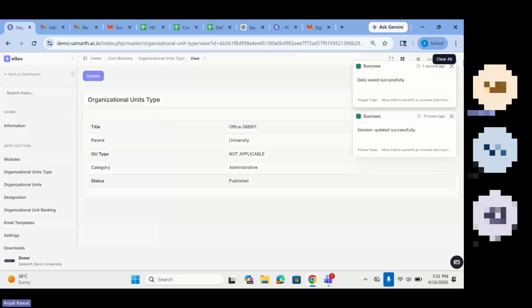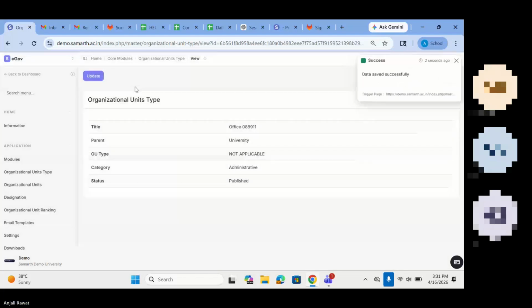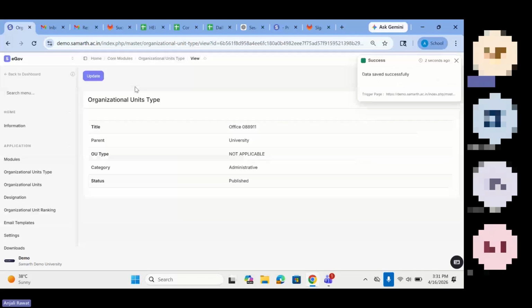Now, if you want to update it, you have the update option also. When you click on organization type, you can see the view button and the update button. If you want to view the organization type which you have added in the system, click on the view button. And if you want to update it later, then click on the update option.